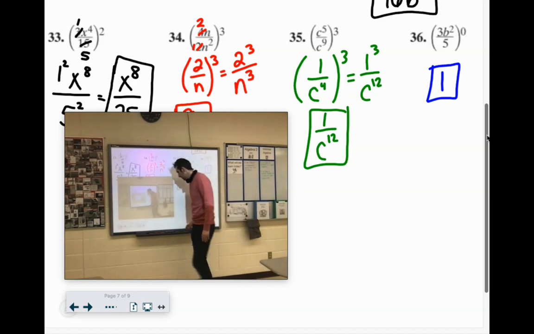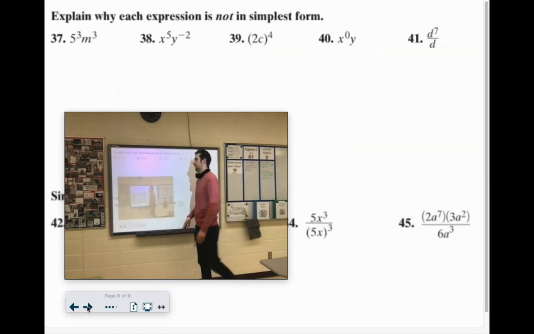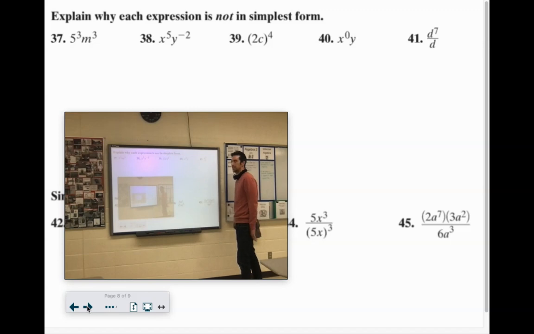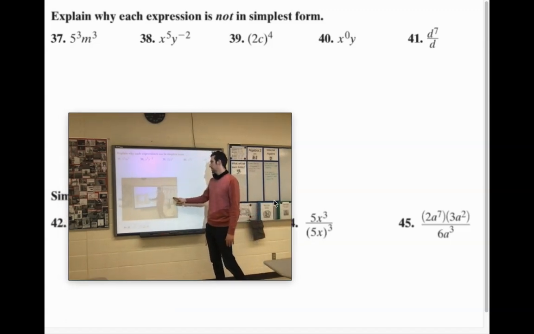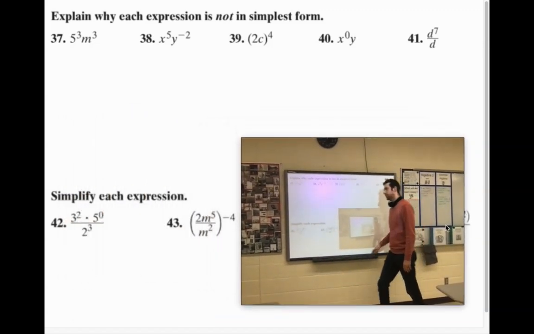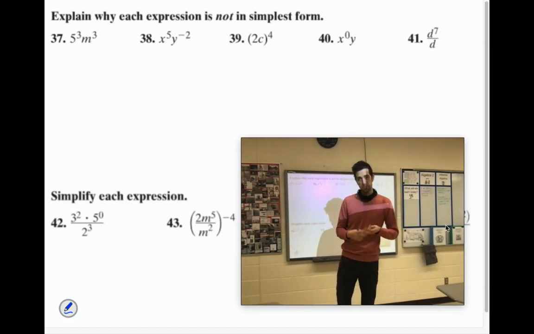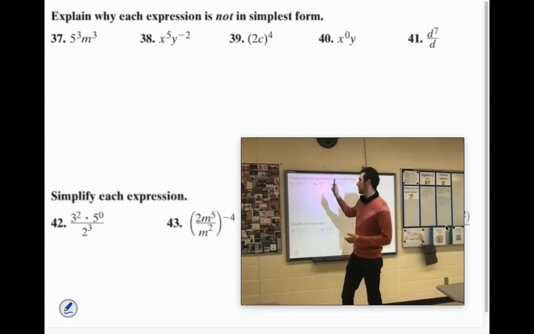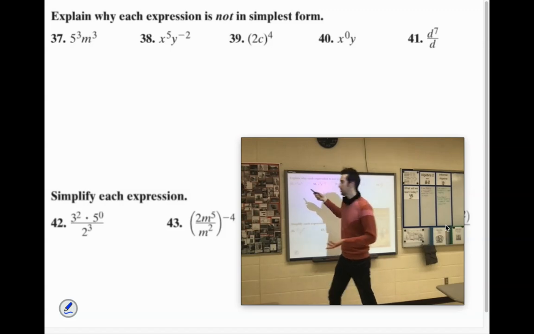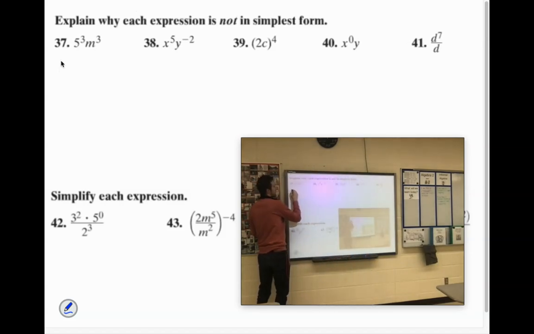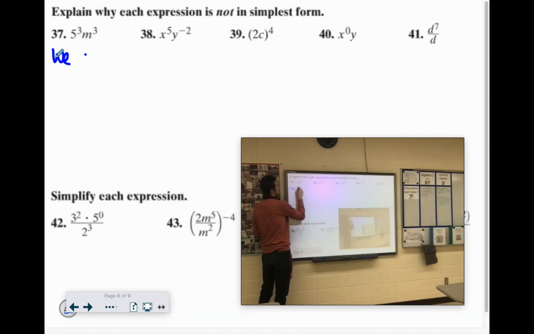That was fun. Let's see what else we got. Oh, yes. Explain why each expression is not in simplest form. Now, this will probably be easy for some of you guys. 5 to the third, m to the third. Remember, we need to look for 0 exponents and negative exponents, of course, but we could also do 5 to the third. So we could say, we can still change 5 to the third